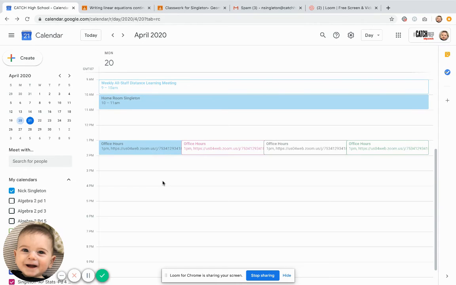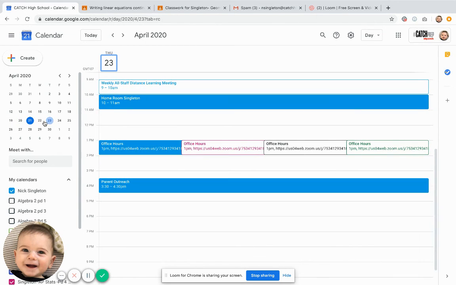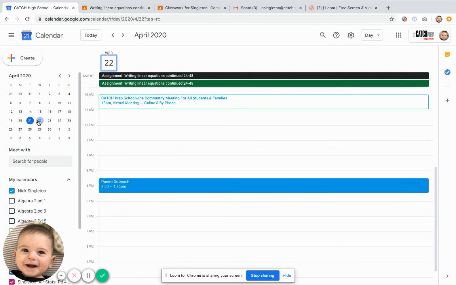But what are we doing here? What is the purpose? And I think we can all see now that this is a one-stop shop for what our students should be doing, right? So as a parent or as a student, you should be signing into Google Calendar, taking a look at what's going on that day, right? So that you can better schedule your day and know exactly what your responsibilities are. And then maybe look in the future, right? Hey, you know what? I have a busy day tomorrow because of life stuff. So let me go ahead and click on Wednesday and see what times I have available